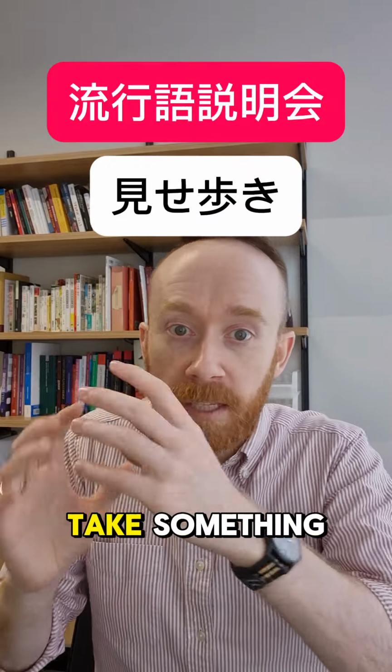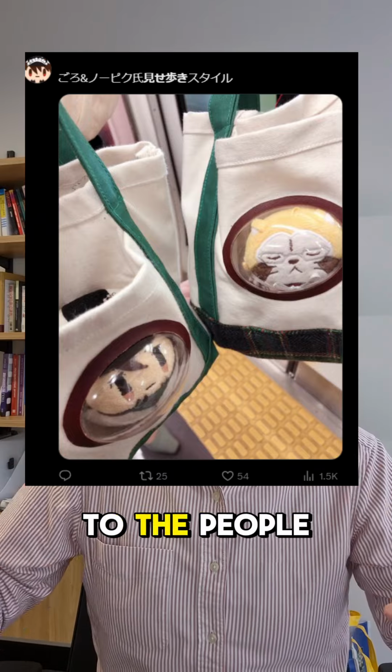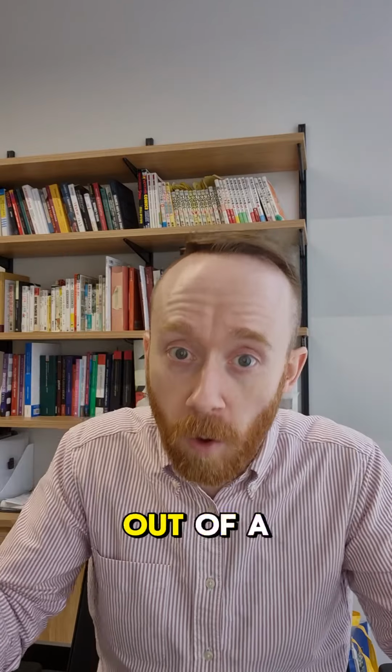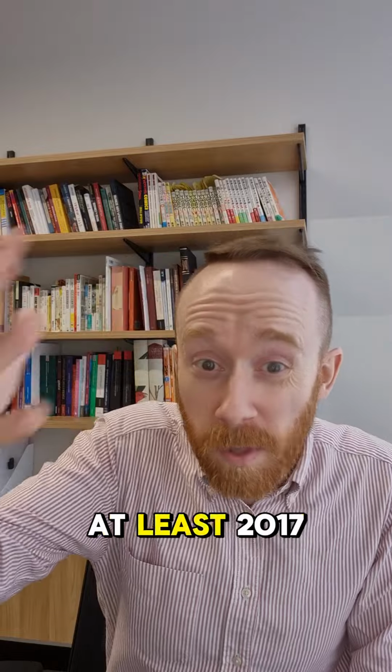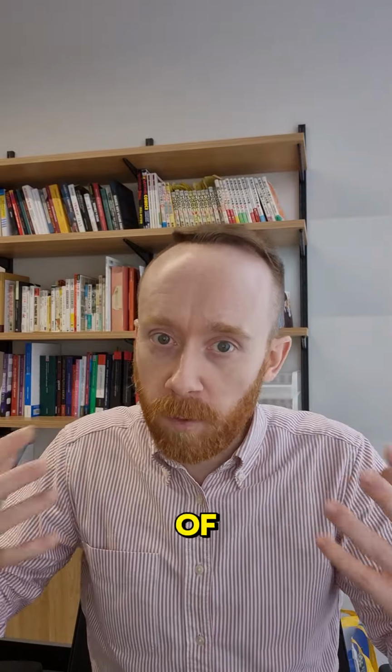It means to take something and walk with it in a way that shows it off. Here is a more natural use of the term to refer to people who have bags and have their plushies staring out of a hole. And I can find uses of this term going back to at least 2017. By returning to the misearuki that you do with gacha tsume pochi, there are a lot of really interesting reasons